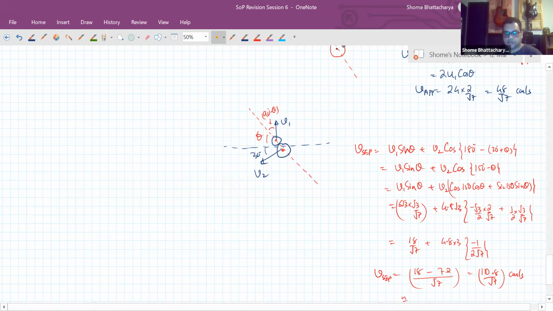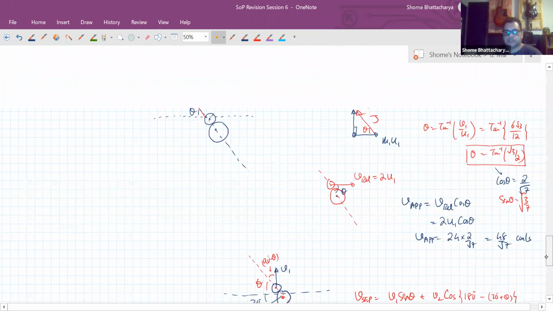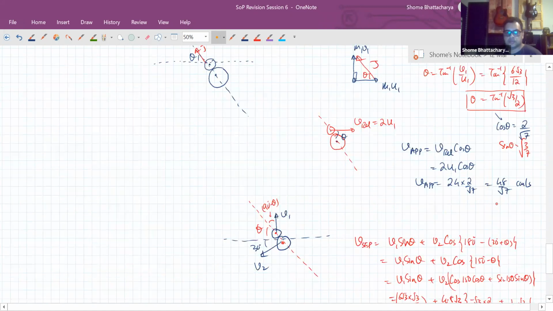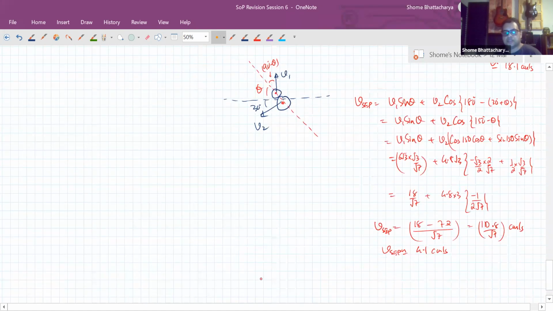It comes out to be approximately 4.1 centimeters per second. Whereas our approach velocity above we had seen was approximately 18.1 centimeters per second. So now from that we can see the coefficient of restitution, which is the ratio of separation to approach velocity,